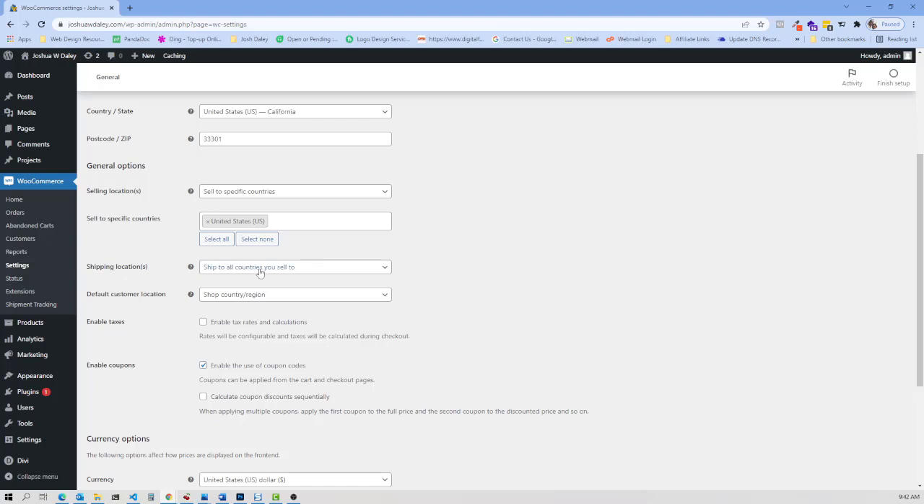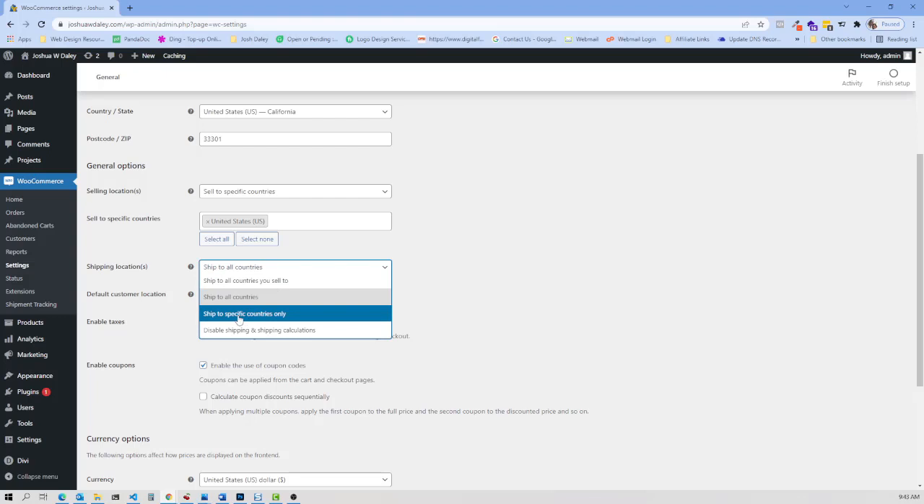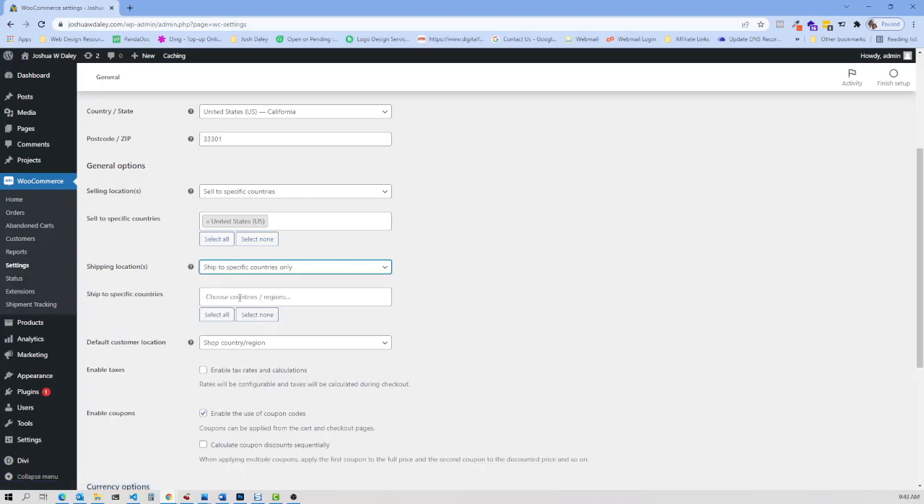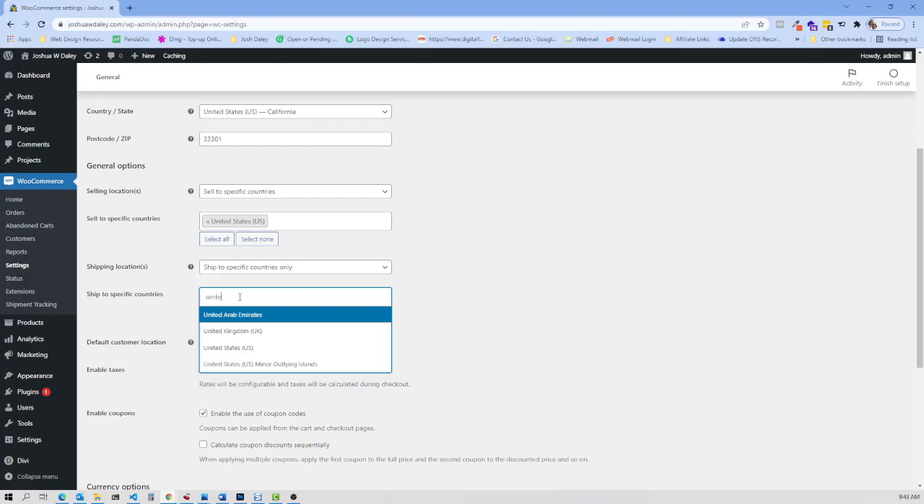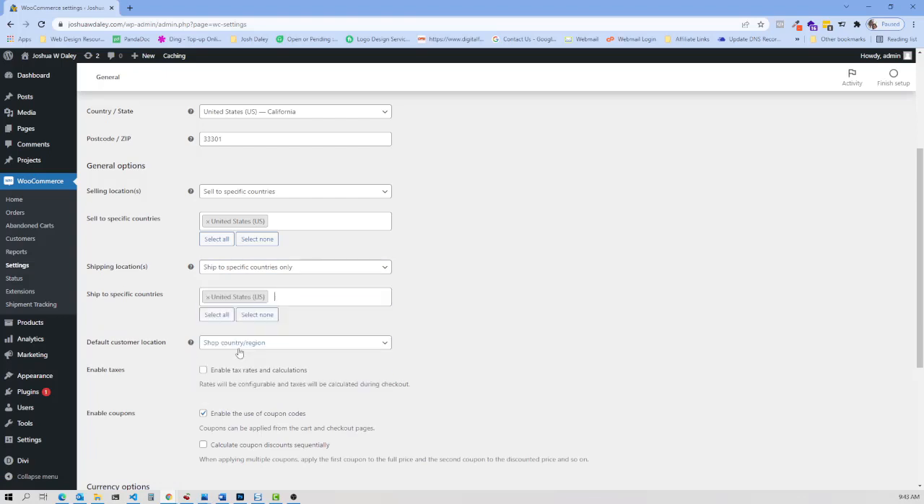Shipping location, ship to all countries you sell to. All right, so here where it says shipping location, we're going to click on the drop down, and we're going to select ship to specific countries only. And here we're going to select again United States. Again, in my case,